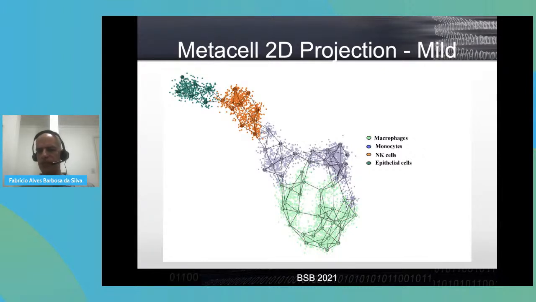So you have here an example of automatic cell type identification using hierarchical clustering of